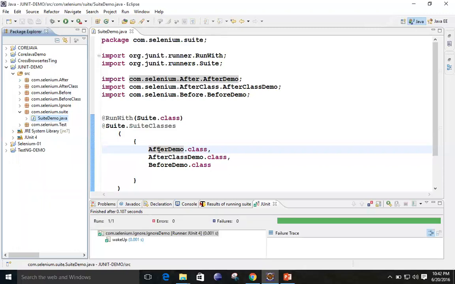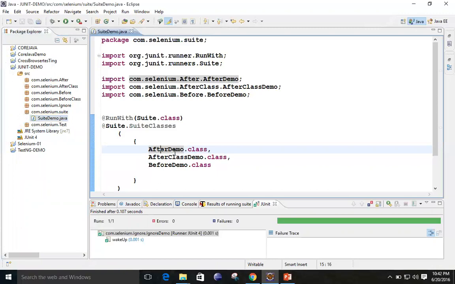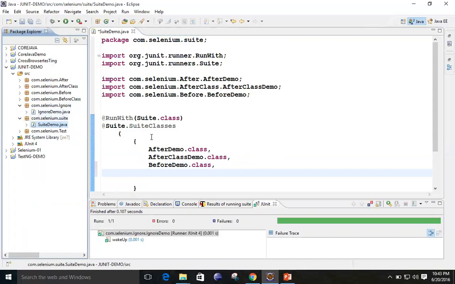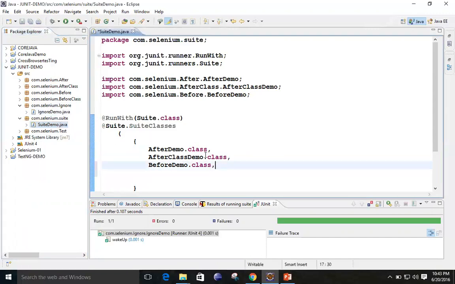So I will write simply the name of the class, and I need to tell that it is the class name. If you write after demo, then you need to specify dot class. Suppose this is the class. Before demo dot class, it is present, and I need to specify one more class over here. You can see ignore. What is the name of the ignore? Yes, ignore demo. And all the names of the classes should be separated by commas.